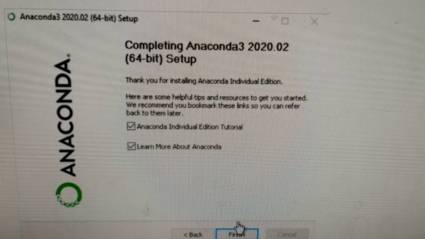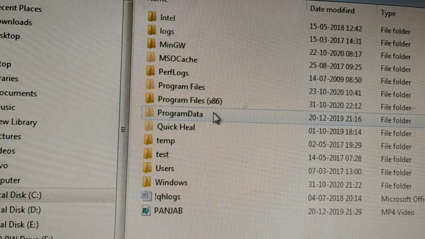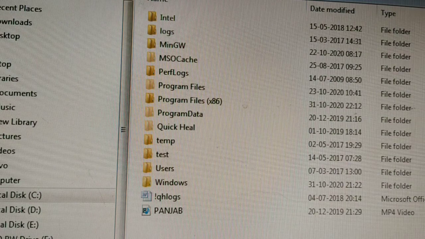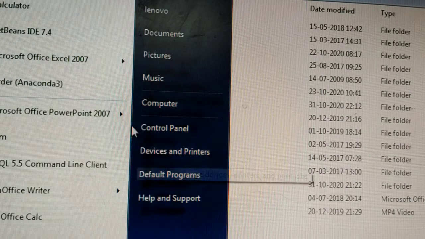Sometimes students install once and find some problem in the installation, or any other problem may occur, and they want to reinstall Anaconda on their computer. For this you have to uninstall it from the control panel.